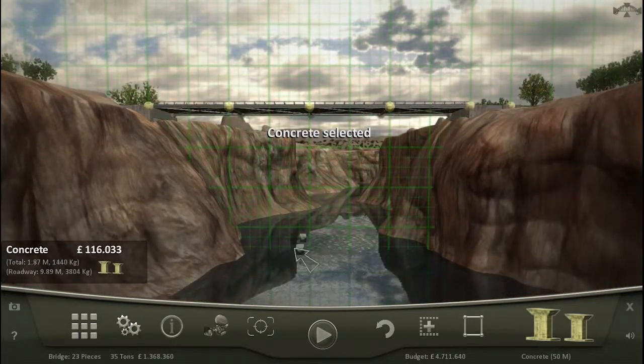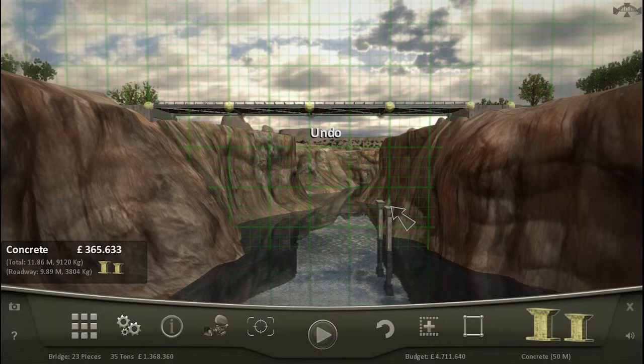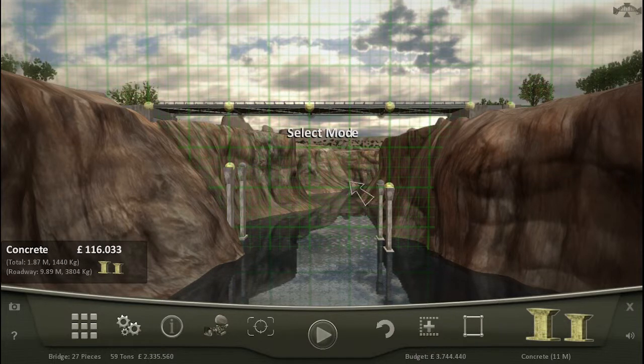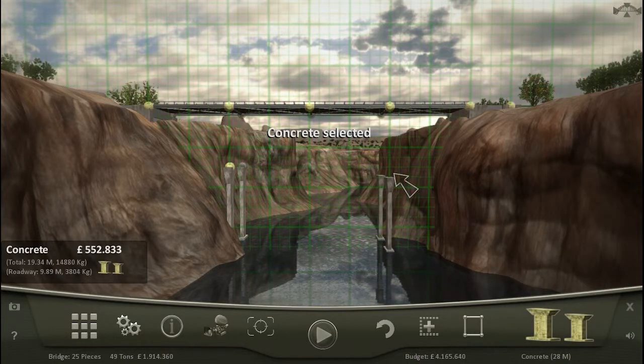Now, where can I put these concrete pillars? How much of my concrete does that take up? Not very much. How much does it take up here? Not very much. We're going to undo those and set them a bit higher. There we go, I can get rid of that concrete and build it a bit higher. And I've got 6 meters of concrete left,